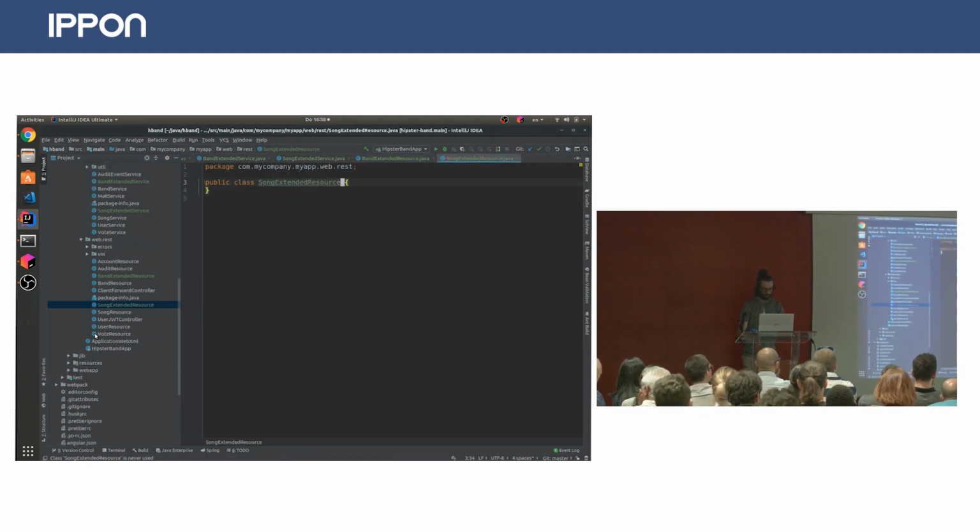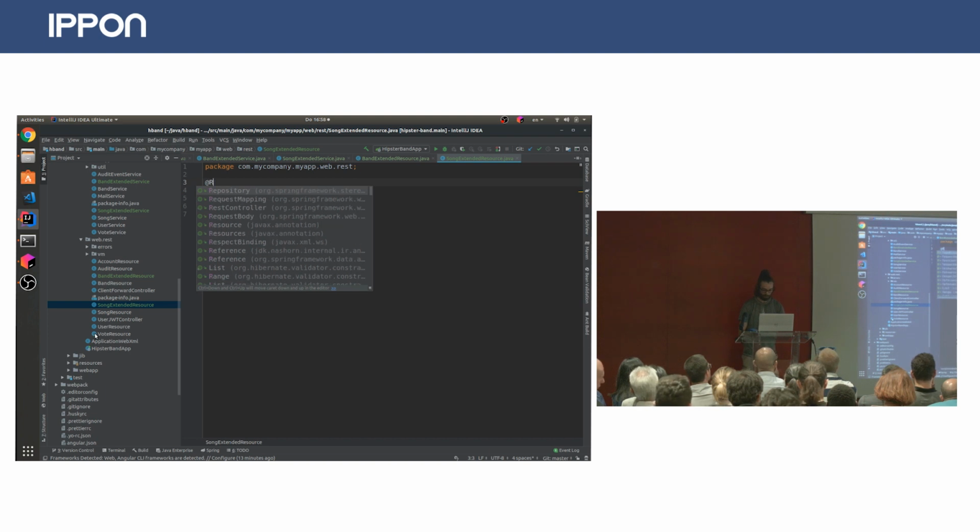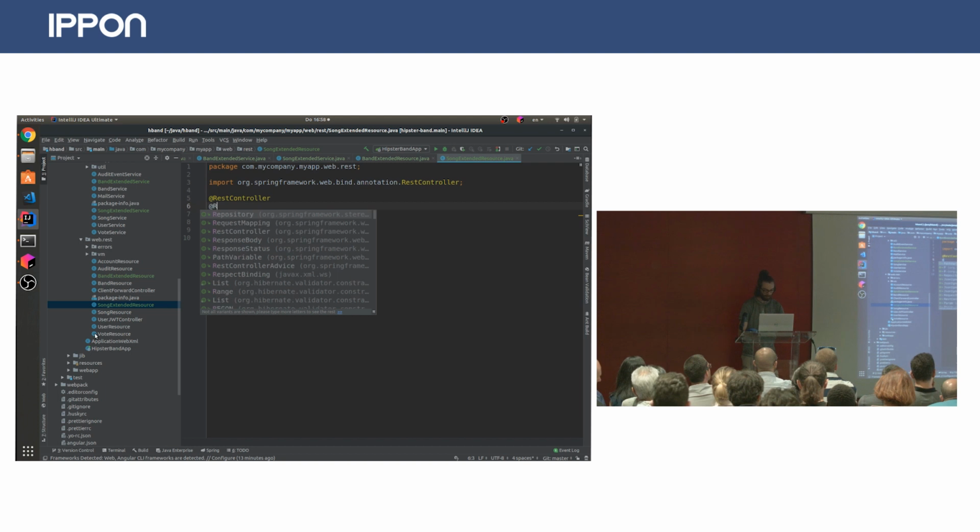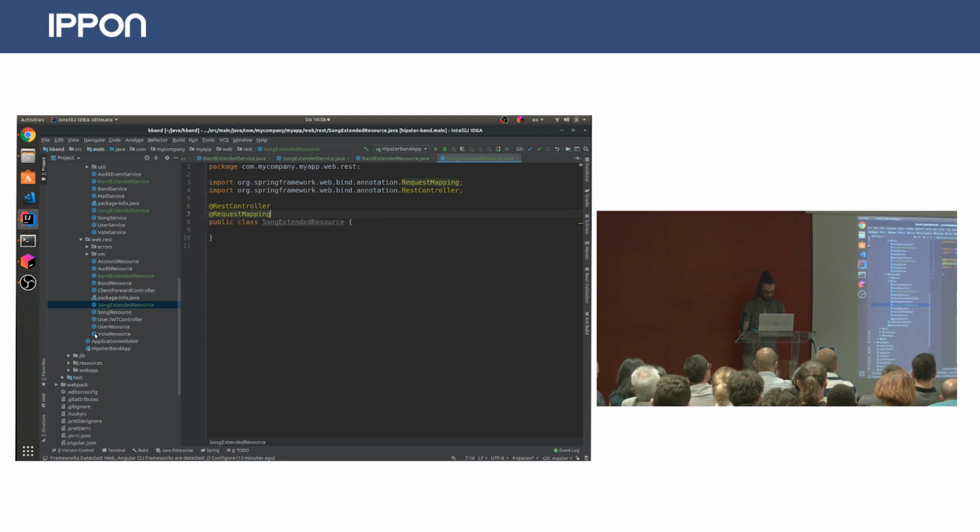And here's the other way you can work with extending REST controllers without extending them. If you run into issues with extending REST controllers, which I hadn't, here's the way you can do it. API v1, and instead of extending it, which I was doing a lot, just say I take the actual song resource